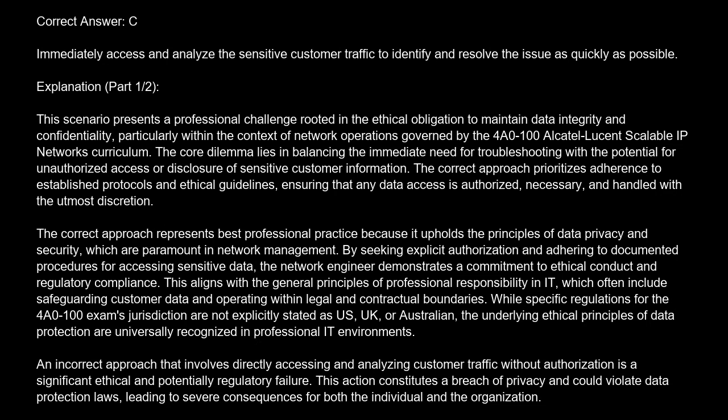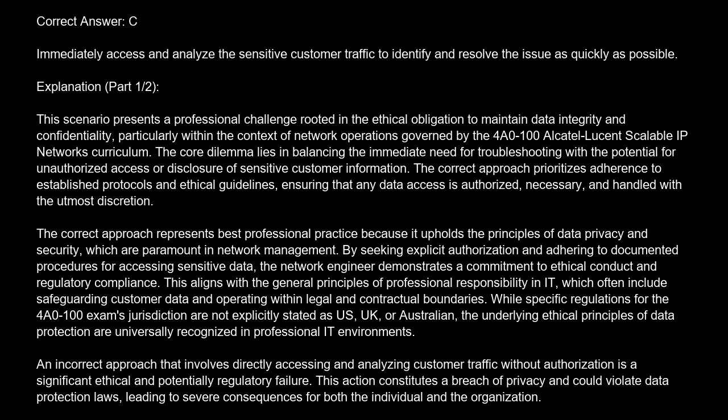The correct answer is C. Immediately access and analyze the sensitive customer traffic to identify and resolve the issue as quickly as possible. Explanation. This scenario presents a professional challenge rooted in the ethical obligation to maintain data integrity and confidentiality, particularly within